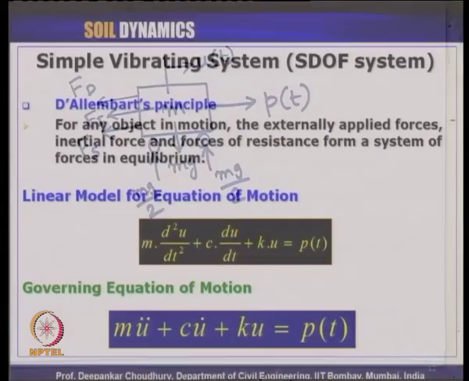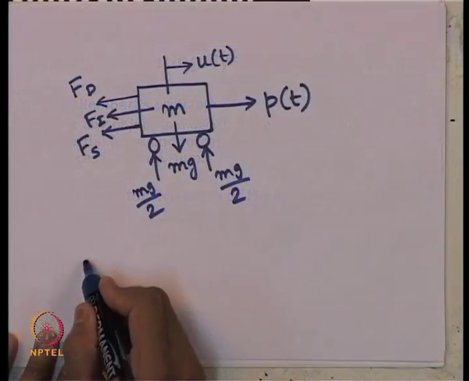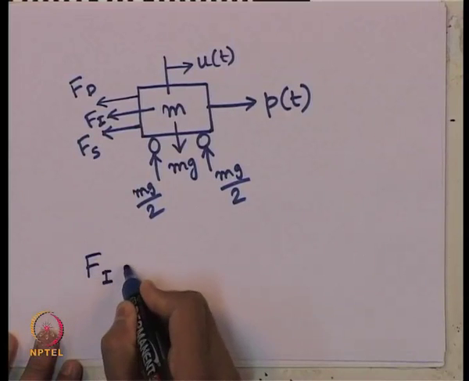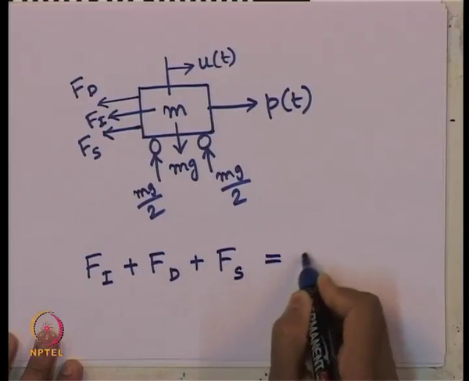Then let us look at the slide. This principle, D'Alembert's principle, is very much useful to satisfy the equilibrium of a dynamic system. What it says is that for any object in motion, the externally applied forces, inertial force and forces of resistance form a system of forces in equilibrium. So, in simple words, what it means is that F I plus F D plus F S is equal to P of t,